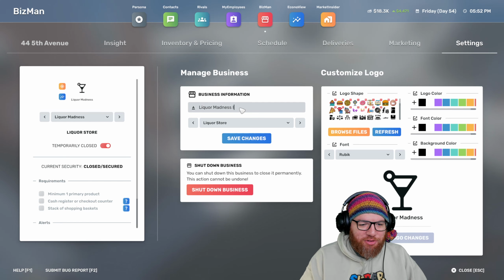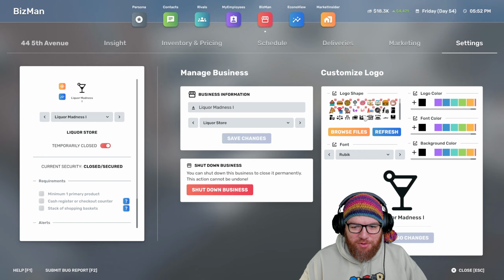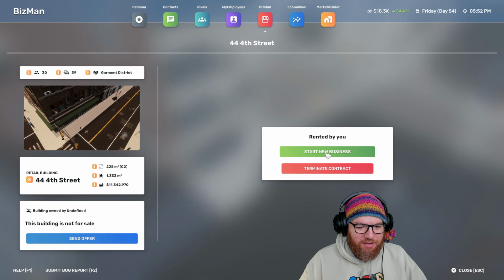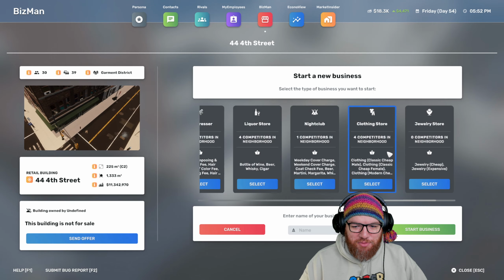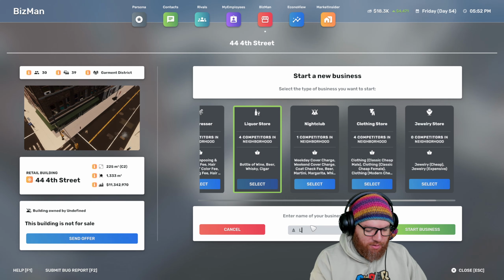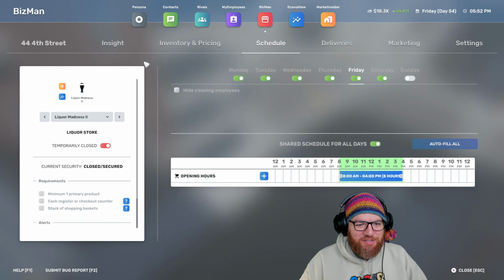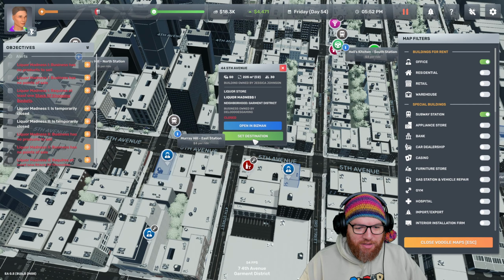And I don't have any icons just yet for liquor stores, so we're going to keep this for just the time being. I'm going to make an icon for us. That'll be here in the future. And then this one here will be Liquor Madness 2. Boom. 2 businesses. So what we're going to want to do is start with the one here and get the right